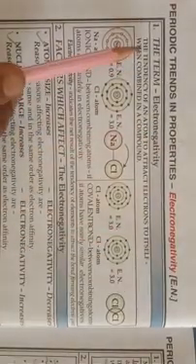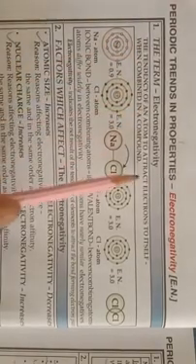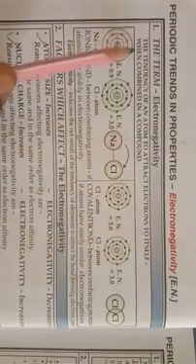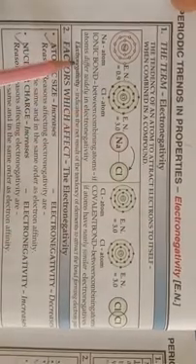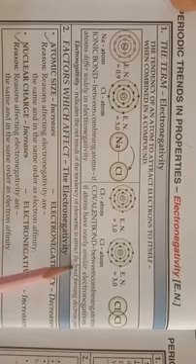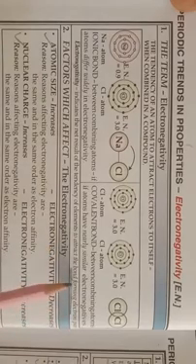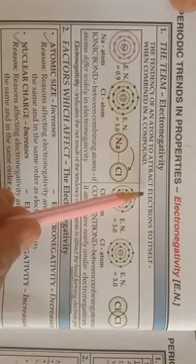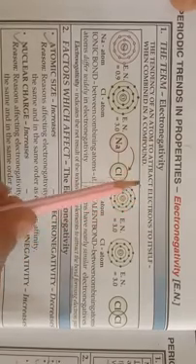Electronegativity. So the first definition of electronegativity: the tendency of an atom to attract electrons to itself when combined in a compound. Okay children, and one more line is given here. Electronegativity indicates the net result of the tendency of elements to attract the bond forming electrons. Okay children, so when an atom attracts electrons towards itself in the combined state, then this is known as electronegativity